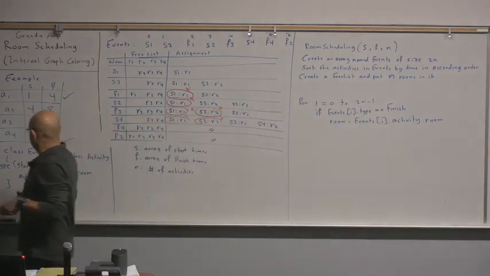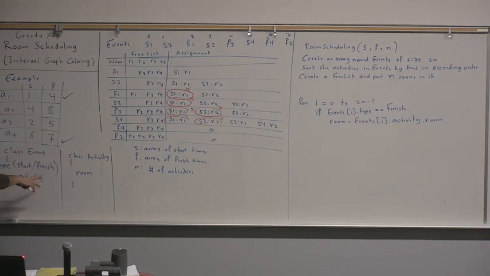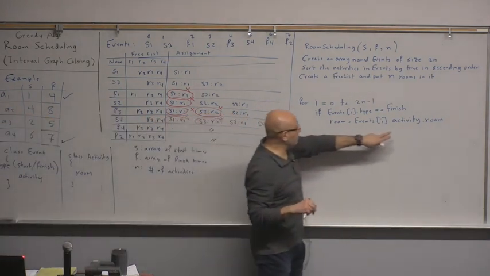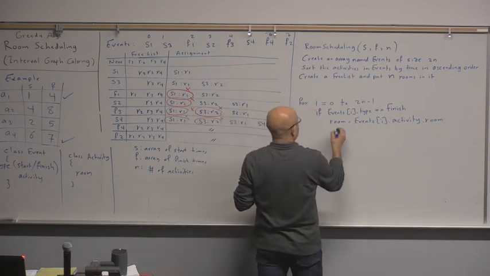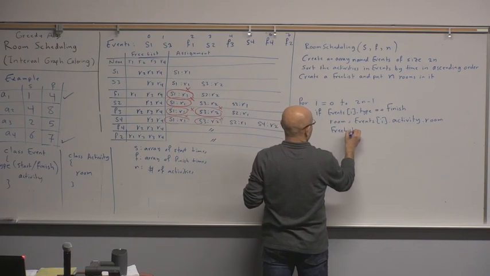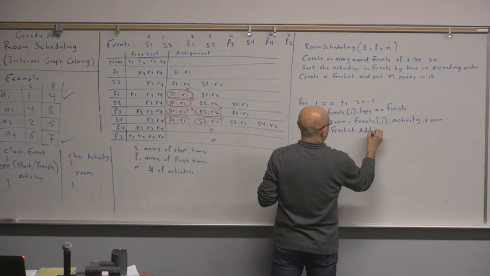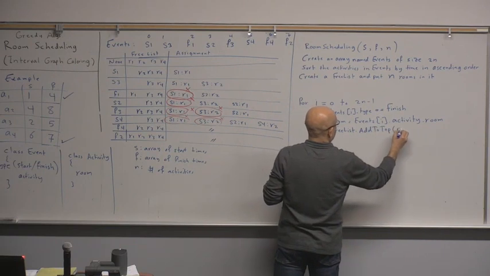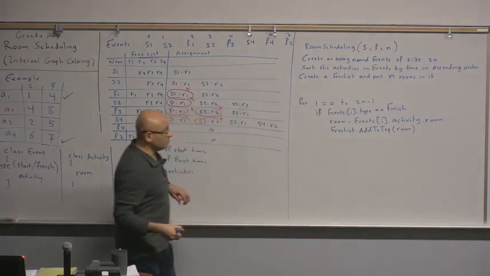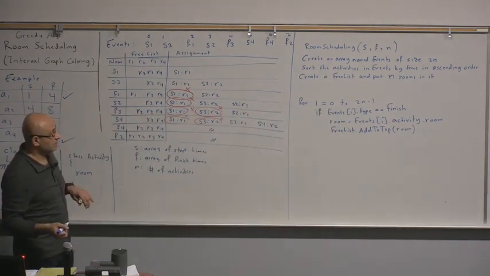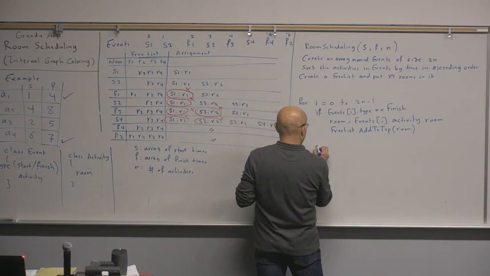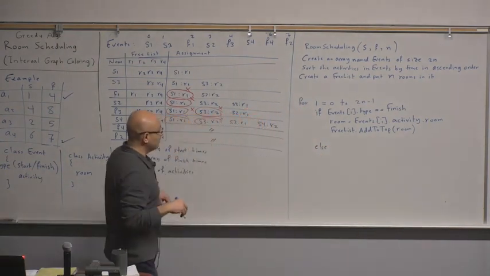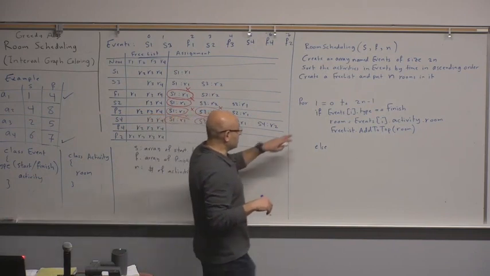So the event is start or finish, then activity. The activity will have a room assigned to it. So we'll take the room for that event and free it, or add it to the top of the free list. So we can say free list dot add to top of room. Okay. Else, let's leave a line in case we need something. Usually there is something missing. Else, so if it's a start